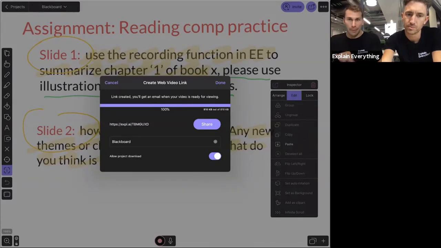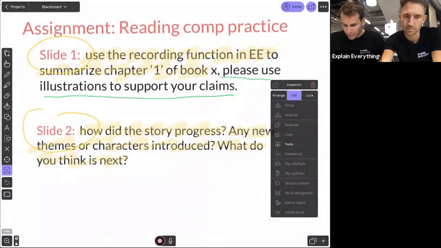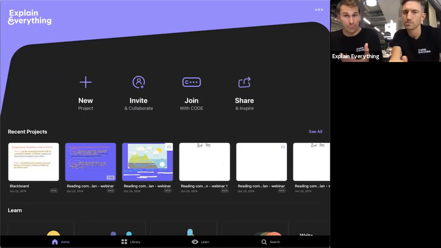And then share that project into Explain Everything EDU, right? So I can give what this might look like. You would send this link, and it would actually open in Safari, right? You'd have to download a copy of that cloud link because you don't have access to this cloud project. You're using Explain EDU. You would just download a copy of that, and it would download it as a movie